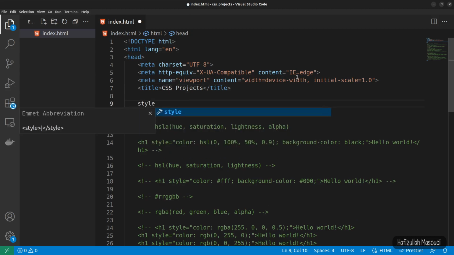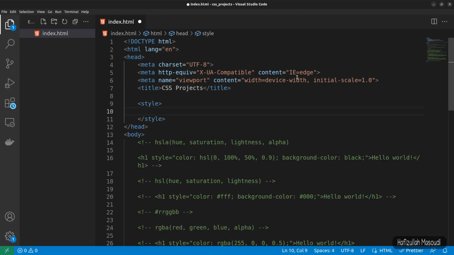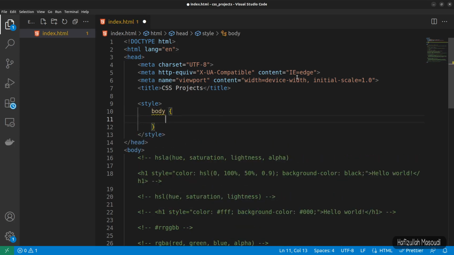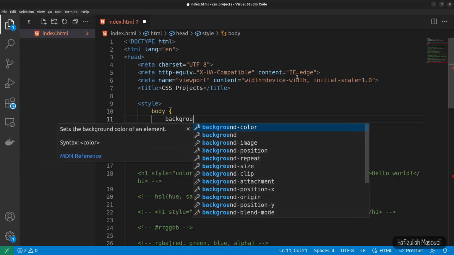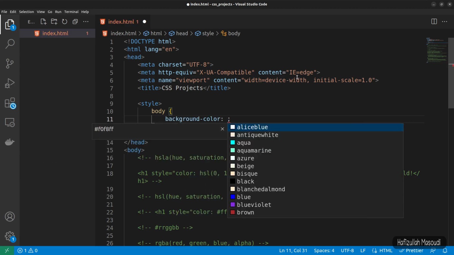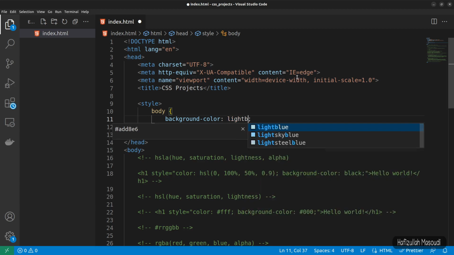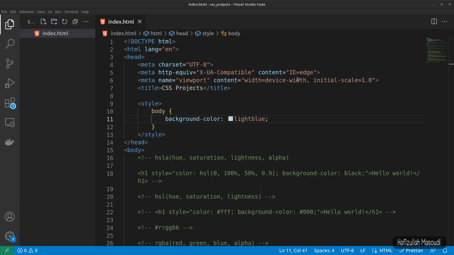our style tag in the section, and let's declare a background color for the body. So let's say body, curly braces, and let's say background-color, and let's say light blue. Now if we save it, get back to the browser and refresh, you can see we have a nice light blue background color. So we can declare a background color for almost any element we want, and to show you